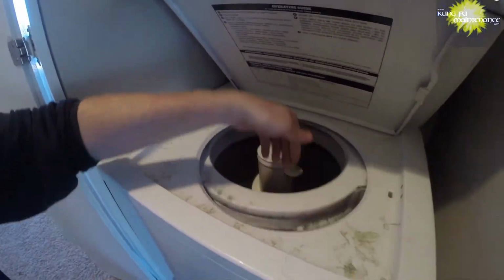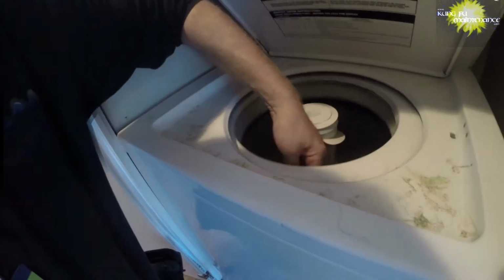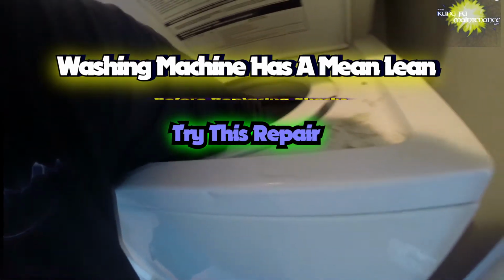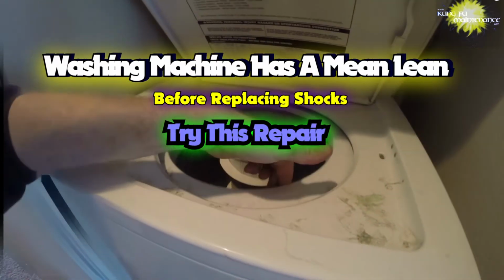Alright, got a washing machine leaning way off to the side. Got coins inside, which is bad news. This thing is dirty as heck. But I'll get the coins and stuff later. What I want to get after is...